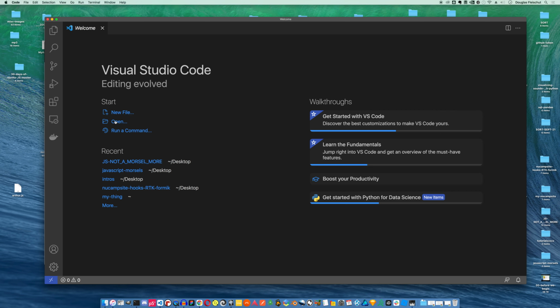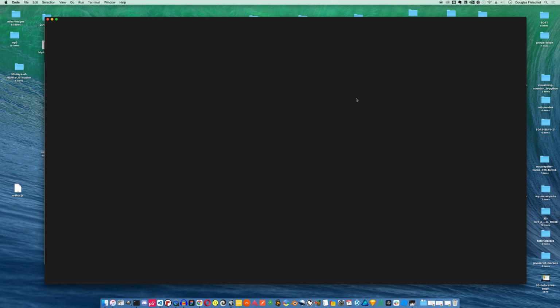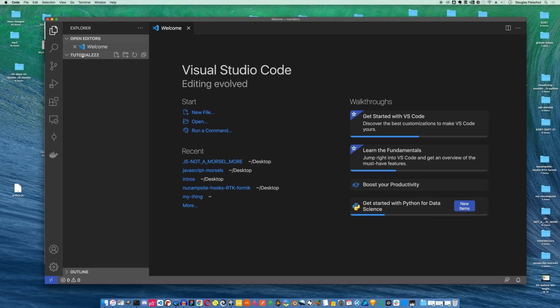I recommend keeping a folder on your desktop where you can store your files. And if you open that folder that you just made, you should see it in your Visual Studio Code. I think it's a very nice way to keep track of where stuff is, rather than just creating new files in this editor and storing them God knows where. You know, everything's in this tutorials folder. And so I can